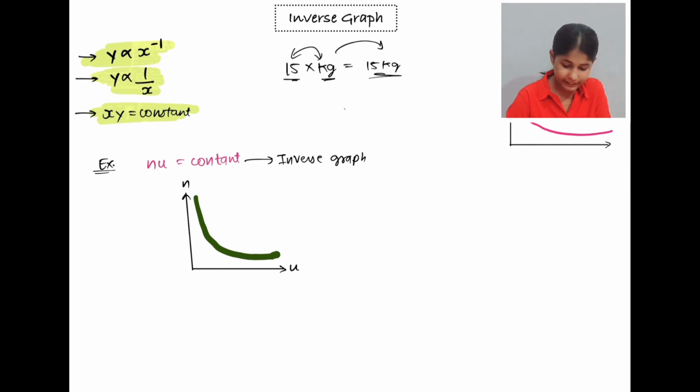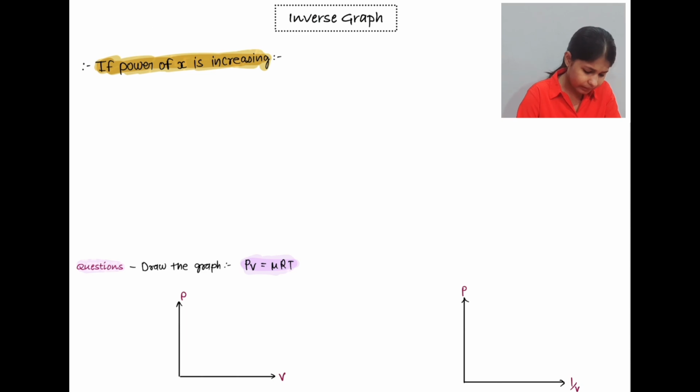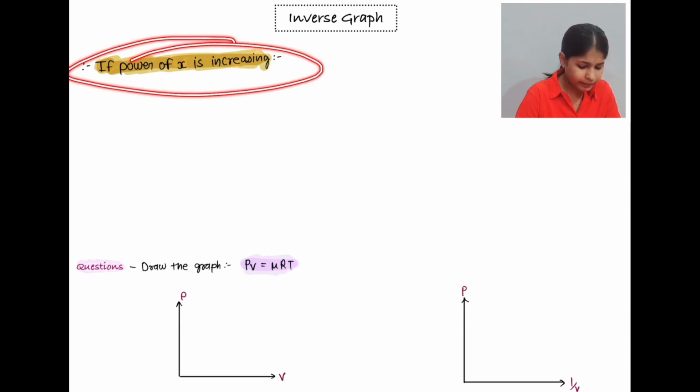Like this. So this was all about the inverse graph. That's all. There is nothing other than this. Okay. Now this is our next condition, which is unique. What will happen here, how you will solve the question,